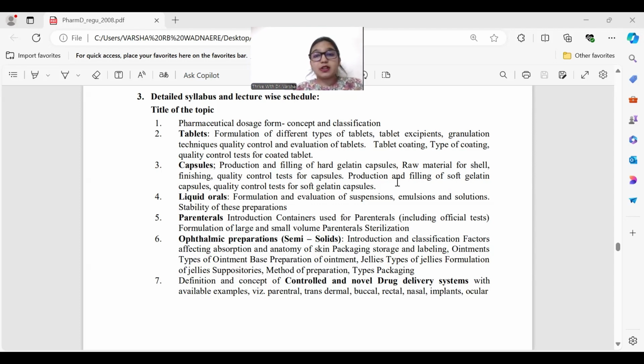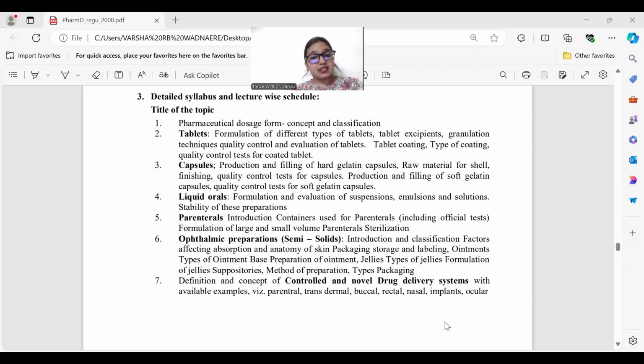What are excipients? Excipients mean not only the active ingredient, that is the active pharmaceutical ingredient, API, but there are different types of agents in that drug, which hold that drug, that is binding agents, then preservatives, non-caking agents, to keep that drug potent for a long period of time under any circumstances and conditions. Then types of coating, then capsules, liquid orals, parenterals, ophthalmic preparations, semi-solids, then definition and concept of control and